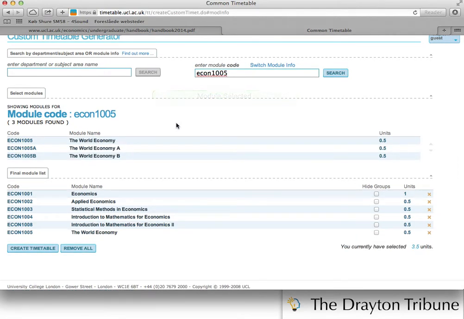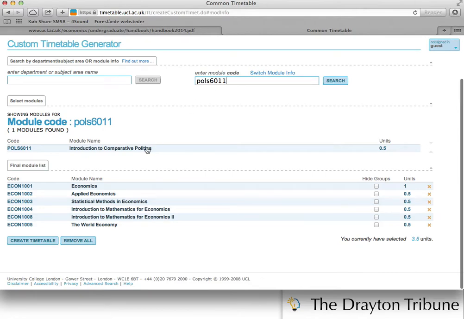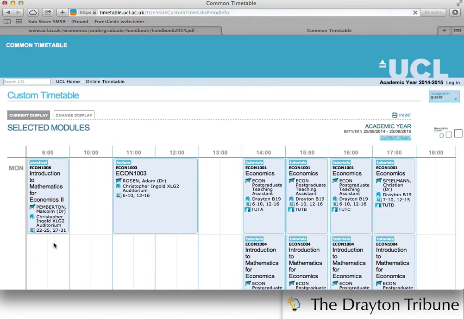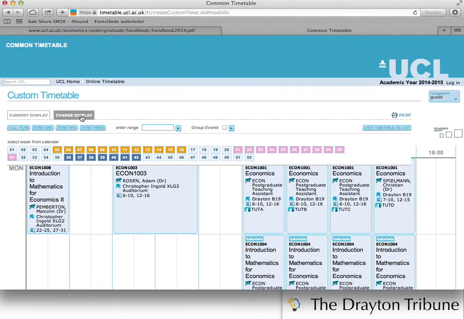And then the module code for the political module can be found on the departmental website for the political science department, and it's POLS 6011. So we can see now that we've selected enough modules to have the required 4 units, and we just click Create Timetable. At the top, you go to Change Display, and here you see that the yellow squares, that's term